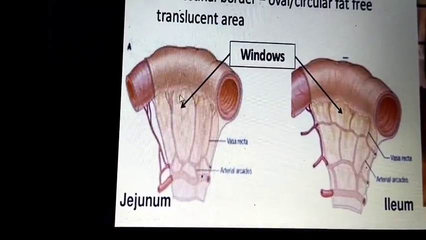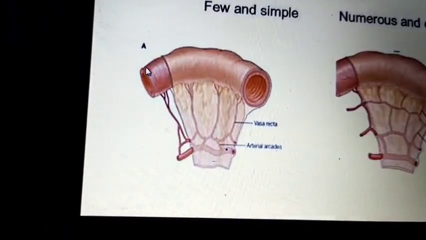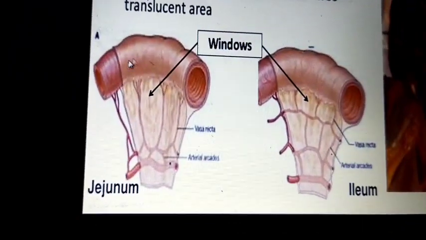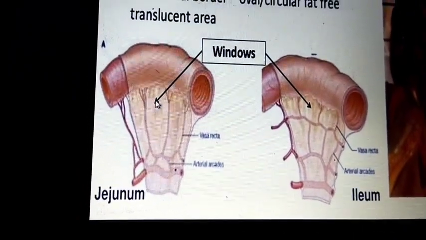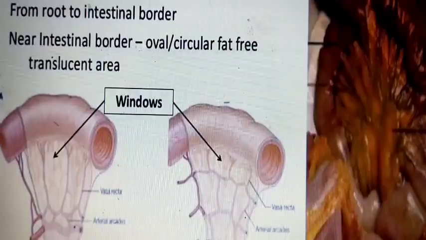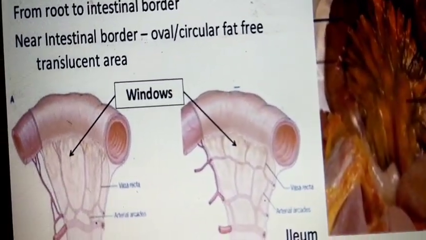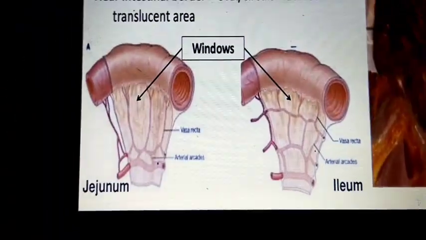That area is called a window. Comparing jejunum and ileum, windows are more in the jejunum and less in the ileum. This is called a window near the intestinal border.